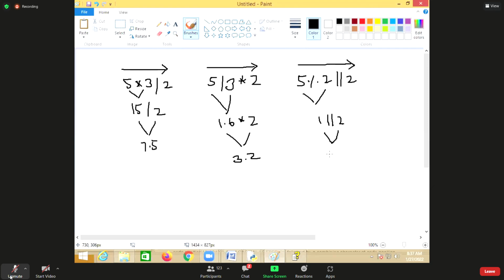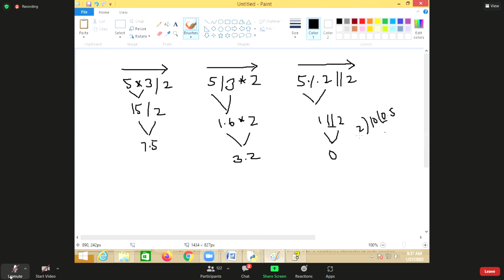The result is 0, because 1 divided by 2 is 0.5. Actually, you'll get 0.5, but because this is floor division, the result will be